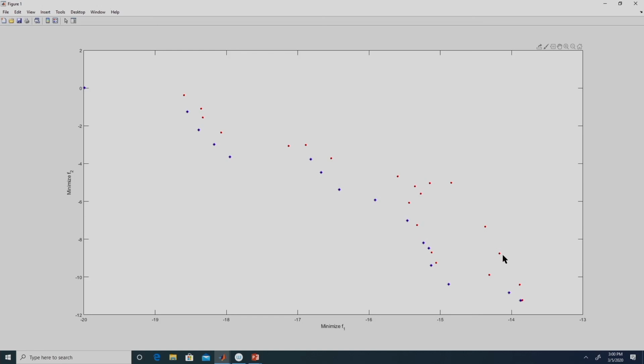Since we work with a population size of 50, which is the default population size for GA multi objective, we will have 50 points. The red color points are inferior points, whereas the blue color points are the trade off solutions, and they constitute the non-dominated points or the Pareto points. That is how we can solve multi-objective optimization problems using MATLAB. Again, all the features which we discussed for single objective optimization can be employed for multi-objective optimization also.